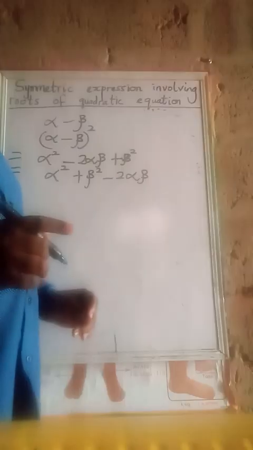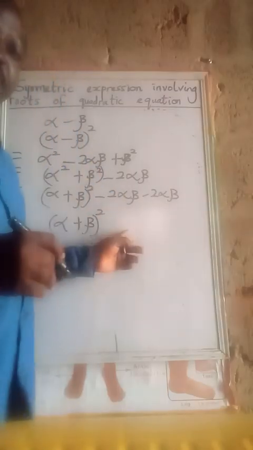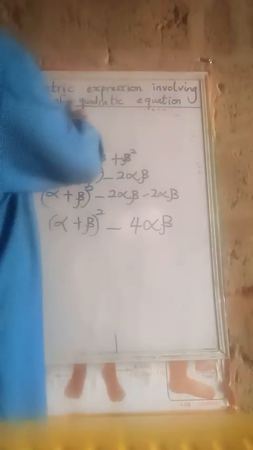But don't forget, in my previous video, we have discussed this. Alpha square plus beta square is alpha plus beta raised to power of 2 minus 2 alpha beta. And this is equal to alpha plus beta raised to power of 2 minus 2 alpha beta minus 2 alpha beta. That will give us minus 4 alpha beta. But since it is only alpha minus beta, we are going